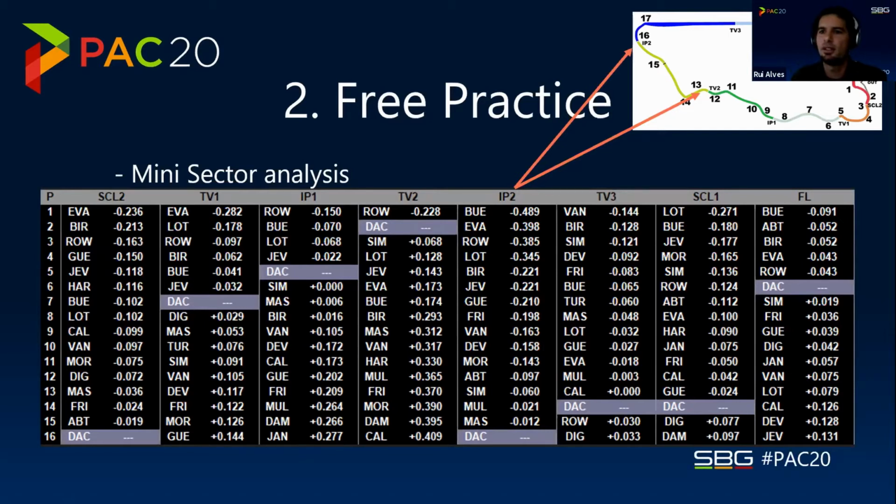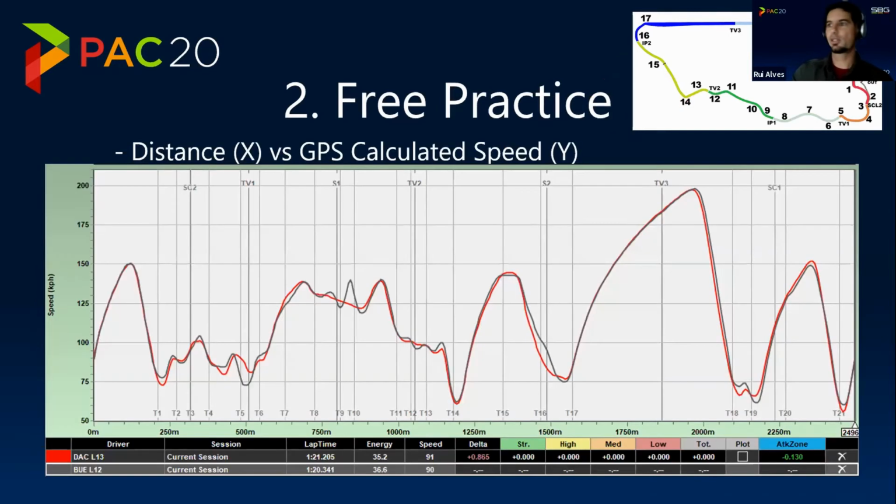12 and turn 16. But then he will think in his mind, well, but is it on the entry, or 14, or is it 15, or exactly? If you could feed the driver a bit more information, it will get better. So we actually can do that, because with the GPS position and with what